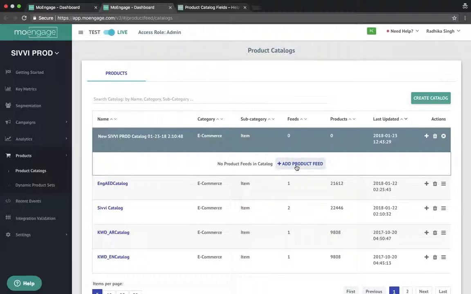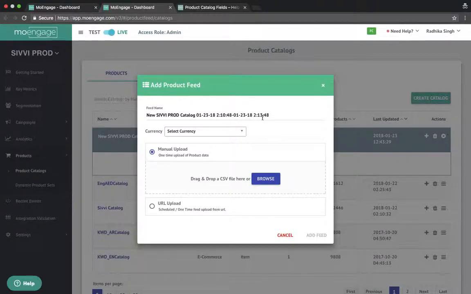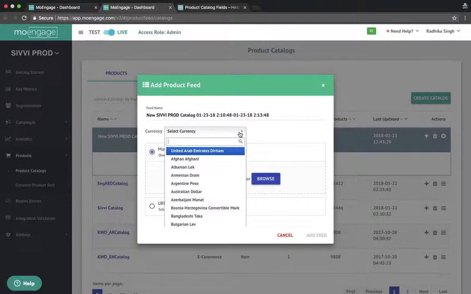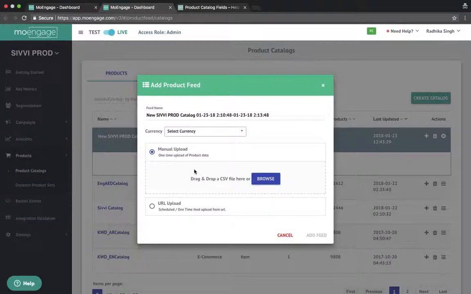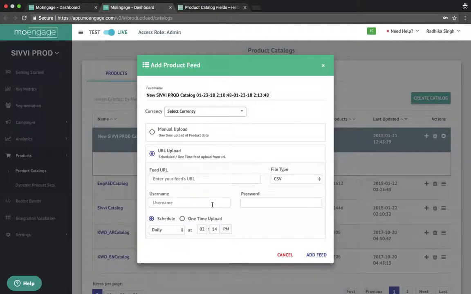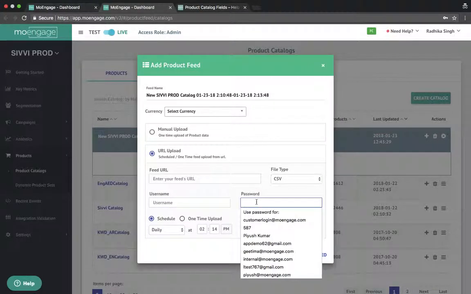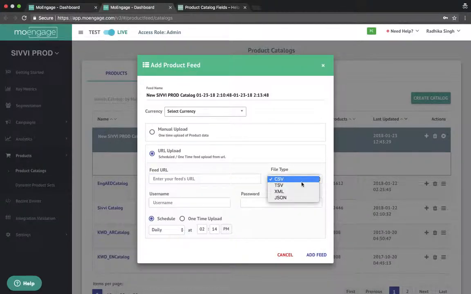Product feed addition is again a very straightforward process where you select the currency of the feed, and then you specify whether you want it to be a one-time manual upload of data or a URL based upload. If you have it as a password protected file, you can give the username and password here, which will be used when hitting the URL to get the feed. If you do not have it as a password protected file, then you can skip these two options. Just give the feed URL, specify the file type at the source,